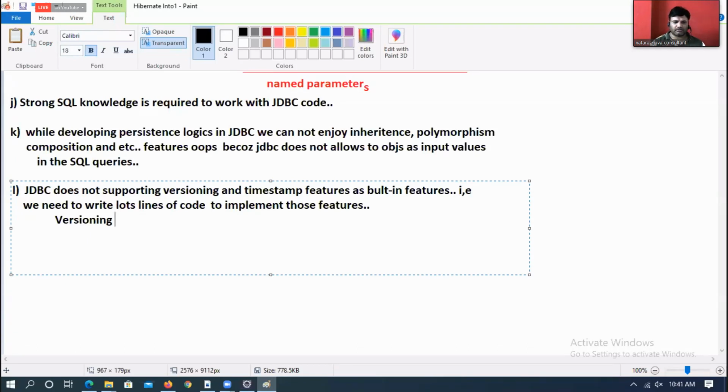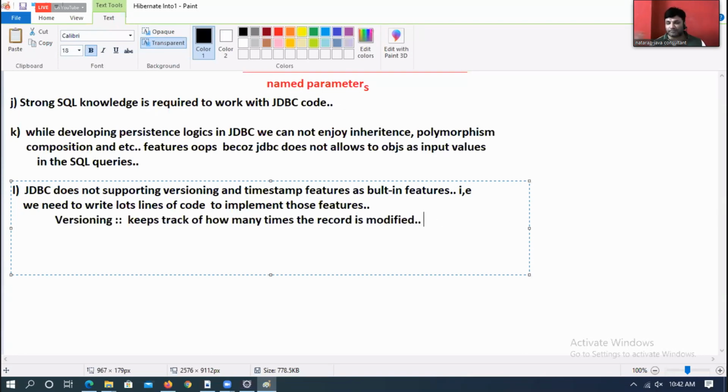Versioning keeps track of how many times the record is modified. It will keep track of how many times the record is modified implicitly. You need not do it explicitly. It has to do it internally. But in JDBC, we should write that logic explicitly.